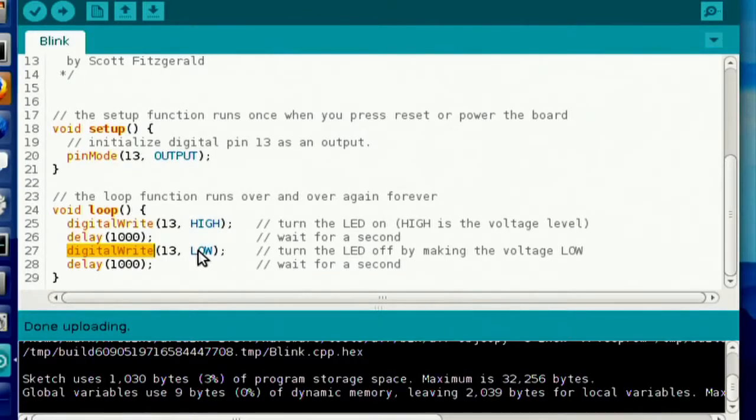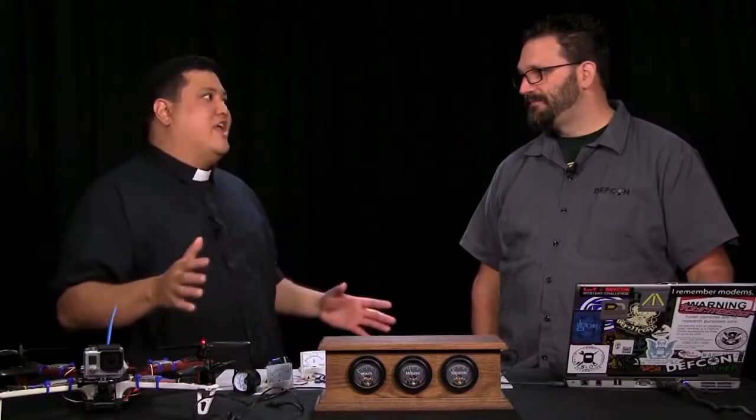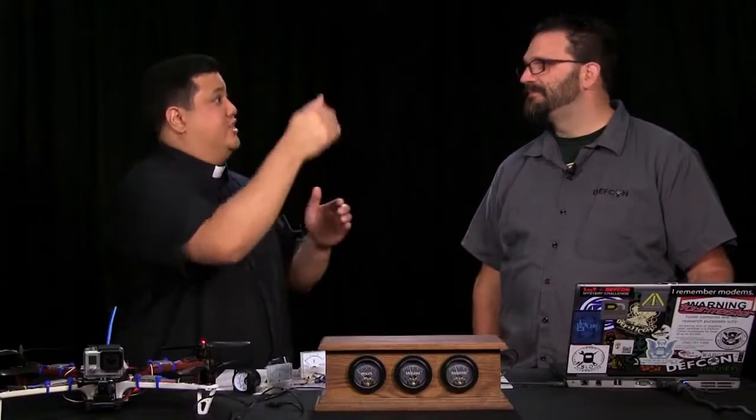All right. One of the other features here that we should probably talk a little bit about is that it doesn't just have to be on or off. Correct. You can actually do more with the pin, which is vital if you're going to do something like the clock, because of course this clock has way more values than you have pins. 0 and 1, exactly. So you have to have some way of saying set it for X value plus something, X value plus something, and just keep going up and up and up.